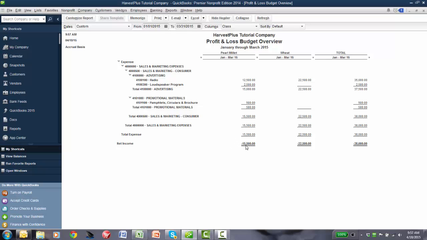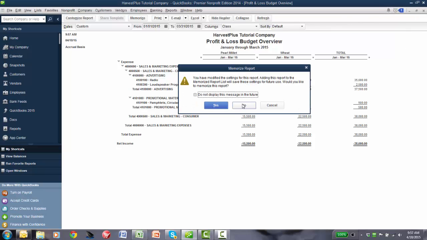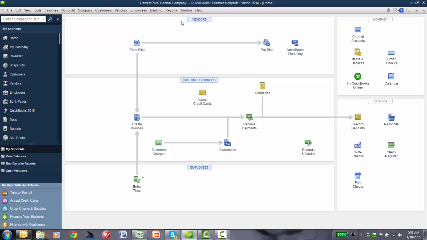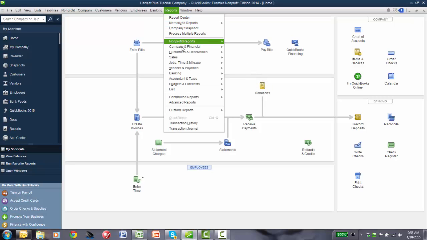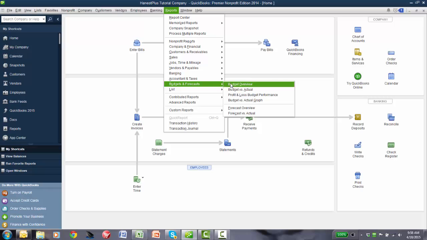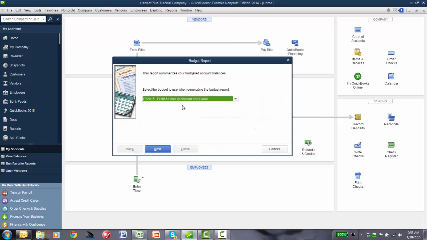And you would be able to compare what the budget numbers are showing with the actual budget numbers that you have. There are other ways, of course, that you can enter the same data. I can close this up. I don't want to save this as a memorized report, but I can also look at my budget and forecast information, budget in the report